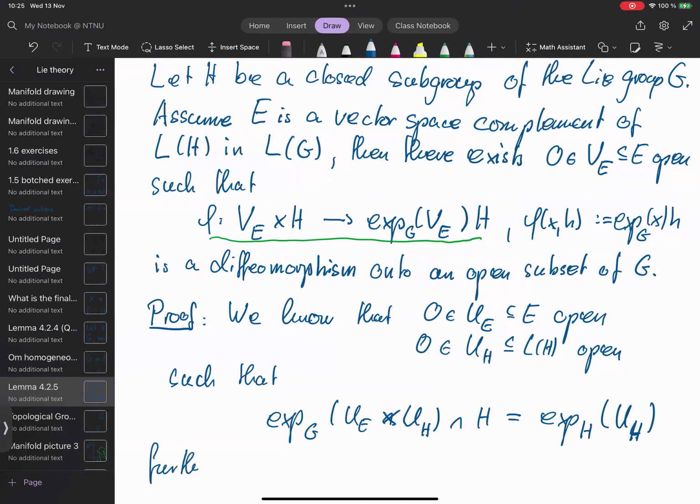Further, we can shrink all the sets such that exp_G is a diffeomorphism